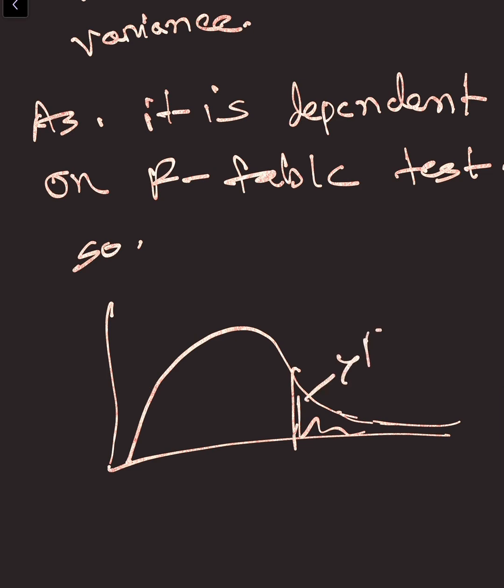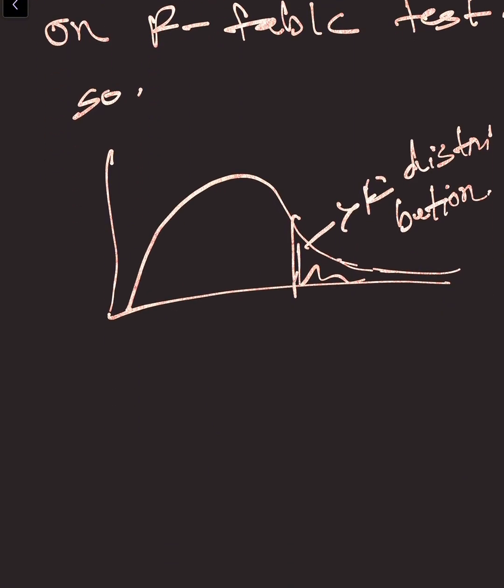This is the F distribution. Okay. The ANOVA is basically all about this. I have already talked about it. We are going to talk about the analysis of variance called